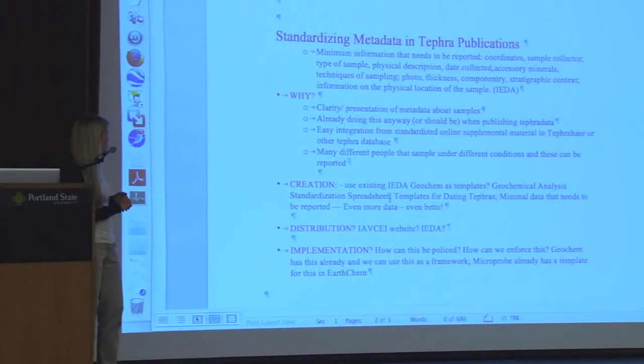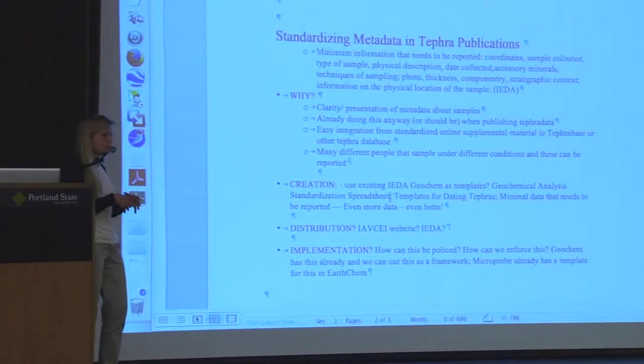And so then the creation, we were looking online at the AIDA website, and they had good templates for geochem and other standardized spreadsheets already, so using that as a framework. And then again, separating into minimal data that should be reported, what else could be reported, and what would be even better to report. And then distribution, I have IFC, AIDA, listservs, VHub, whatever